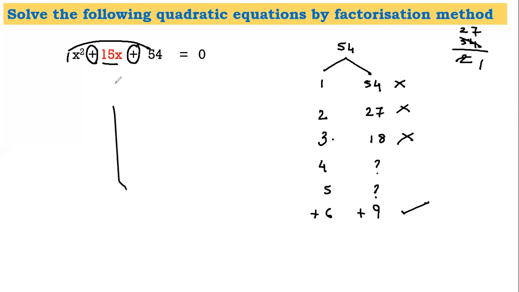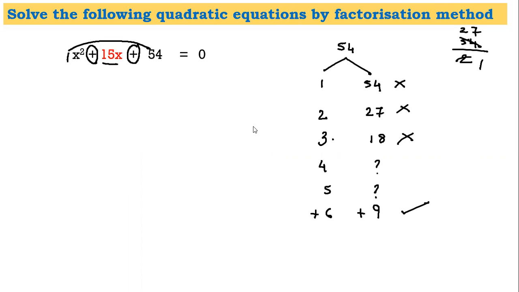So basically, if the middle number has plus sign, give plus sign to both the factors. If the middle number has minus sign, give minus sign to both the factors. Now this is only for sums based on addition. If you're looking for logic, addition is possible only when they have same signs. Either both will be plus or both will be minus, and that depends on the middle number sign. I hope this makes it very clear on finding out the factors. So let us go ahead with the sum.